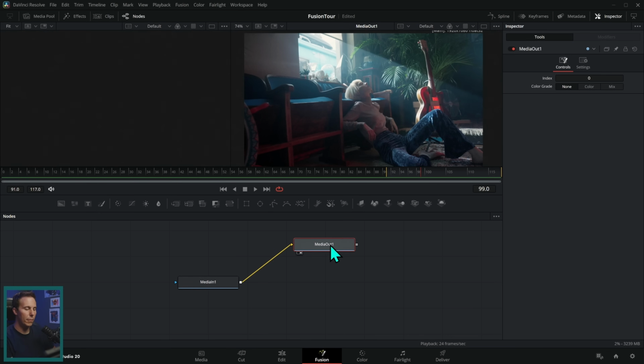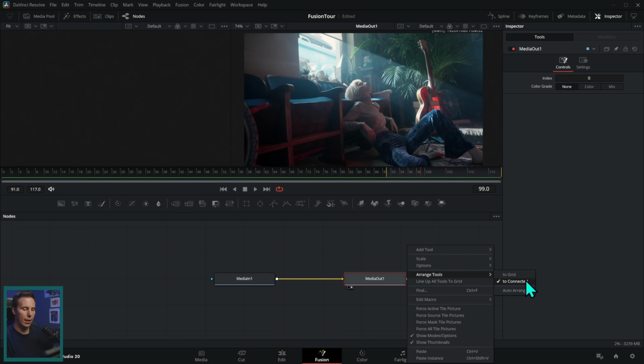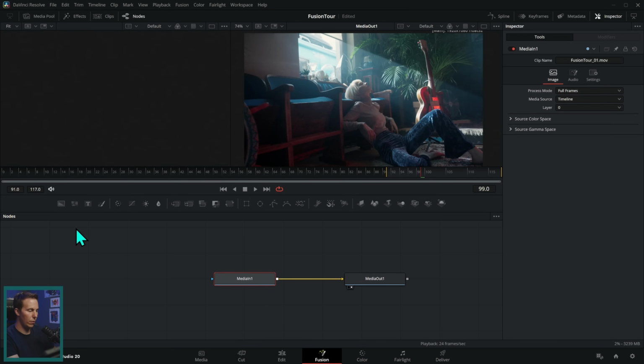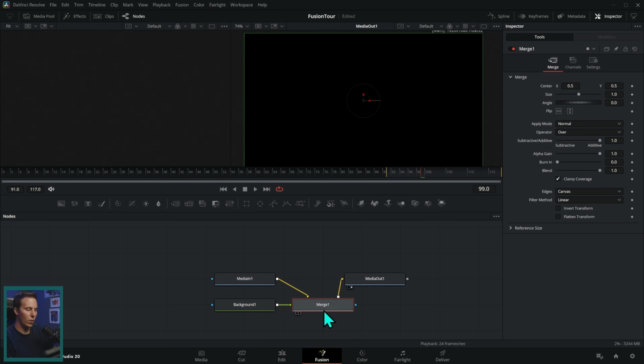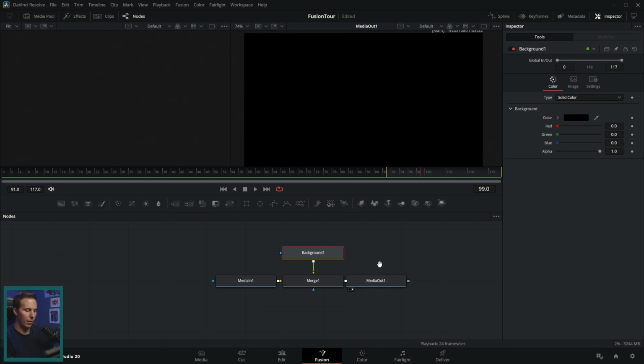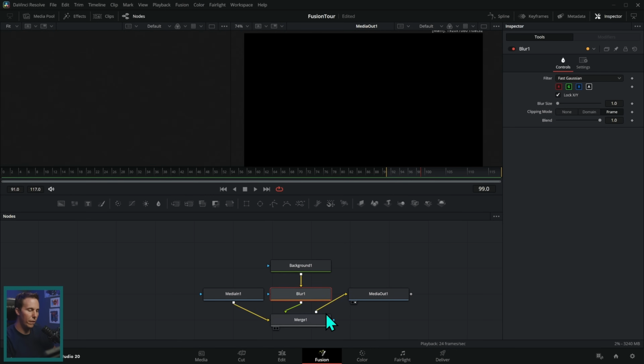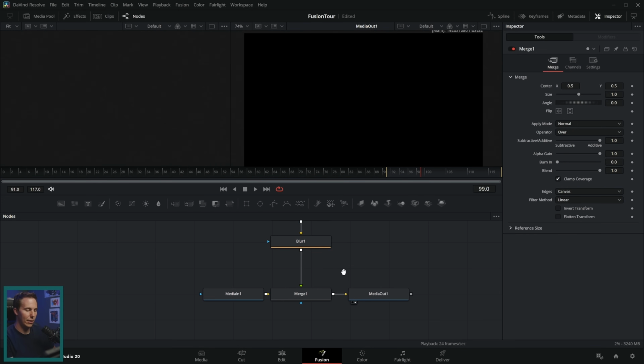I like this because it doesn't have to snap to the grid, which can sometimes be annoying, but the nodes will snap to each other. And so we have nice straight lines most of the time. I like to take off Auto Arrange because, see, when I have Auto Arrange on, and you were to, let's say, make a node like that, that's going to kind of move things around, which if you have something set up exactly right, like you really like it like this, and you go, okay, now I want a blur node, it's going to move things around like that. And it's really annoying because then you have to move stuff back up like this to kind of fix your